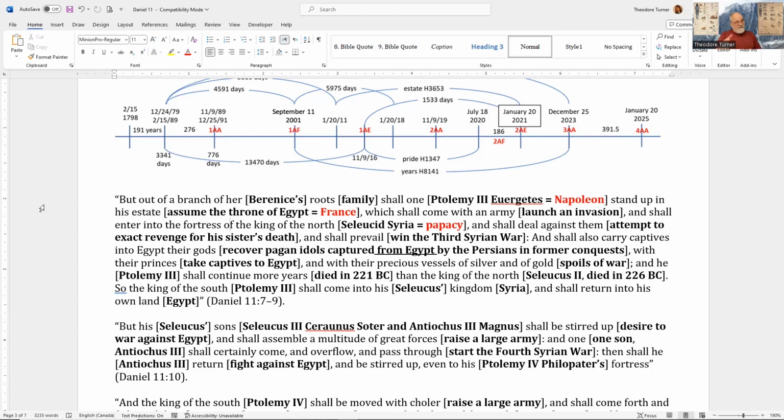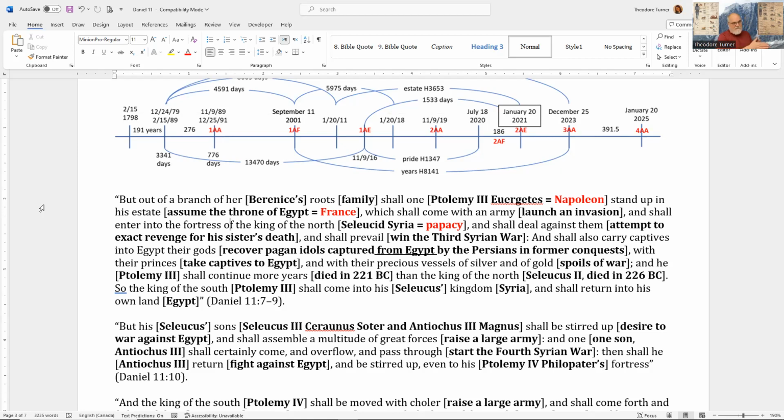Okay, so if we're going to take this next verse as a continuation, then we can see in our history that there are these Raphias and Panims. That is the king of the north and the king of the south, just as they did in the past under the Greek kingdoms, right? The Ptolemaic and the Seleucid empires had these different battles, and these battles repeat themselves. You're going to have the king of the south conquer, then the king of the north come and destroy them. Then you're going to have the king of the south again come, and then the king of the north. Now, we don't get to Raphia.